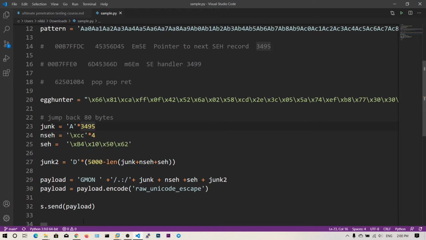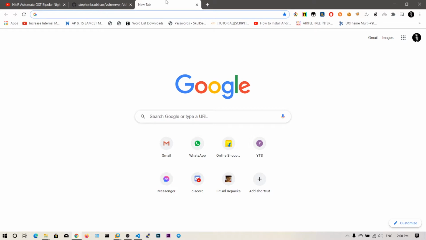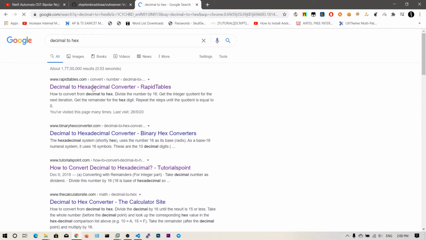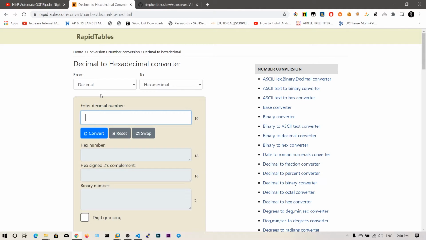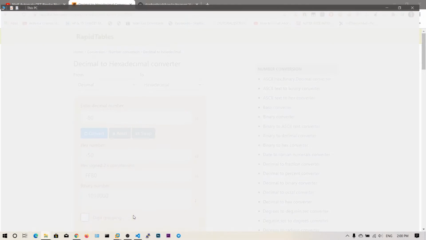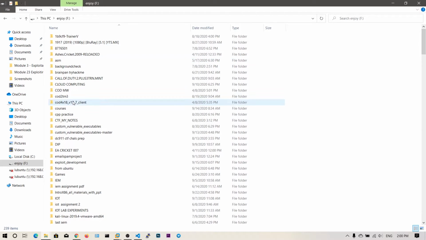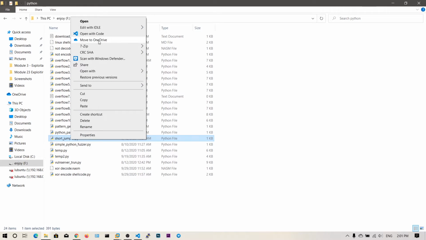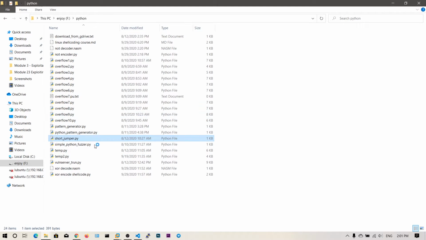I don't know. So let's go ahead and say decimal to hex conversion. So let's say we're going to jump back 80 bytes. I think, yes, we have the short jumper. No problem, I thought I lost that one.